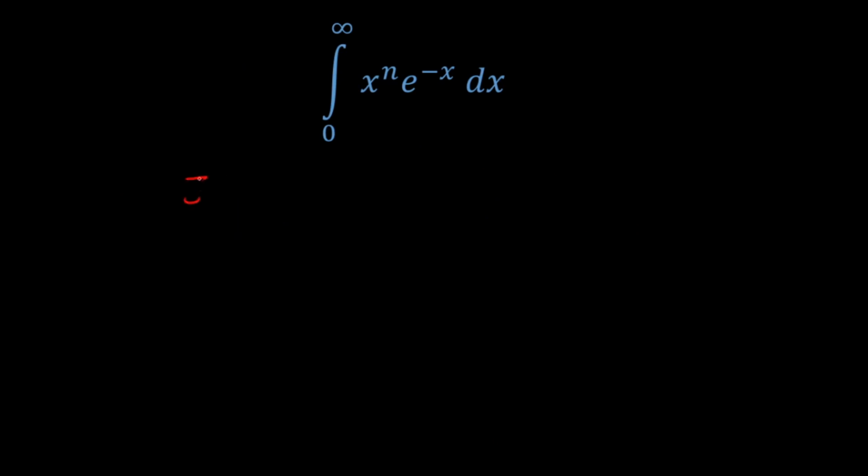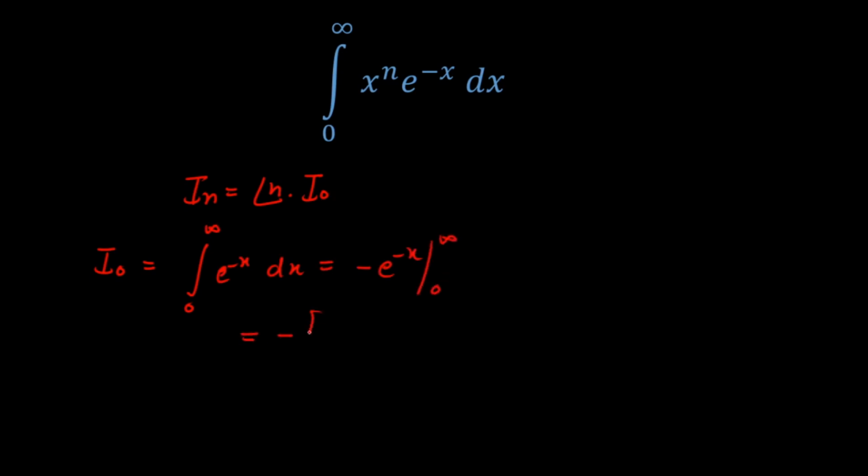So I got I of n as n factorial multiplied by I naught. Now let's calculate the value of I naught. To calculate I naught, I'll put this index as 0. So x raised to power 0 is 1. So the integration will be 0 to infinity e raised to power minus x dx. Now the integration of this is negative times e raised to power minus x. The lower limit is 0, upper limit is infinity. So I'll get negative times, I'll keep outside, if I put infinity here, I'll get 1 upon e raised to power infinity, minus, if you put 0 here, you'll get minus 1. So 1 upon e raised to power infinity is 1 upon infinity, which will be 0, and I'll get negative of minus 1, which is 1.